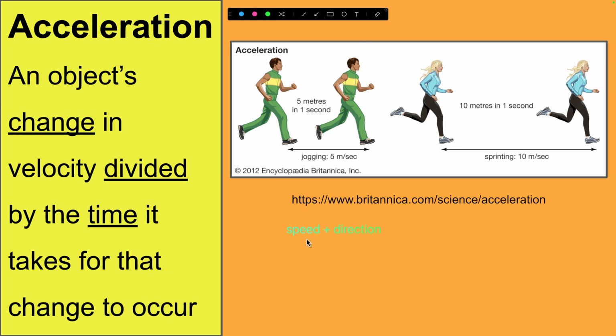Now, you could also take a person who's running or jogging, and that person could be going the same speed the whole time, but they could turn left, or they could go right, or they could go north or west, changing their direction. The speed stays the same, but the direction changes. That is also a change in velocity. So you only need one or the other to change. A car that is going the same speed but just turns or goes around a bend is changing velocity.